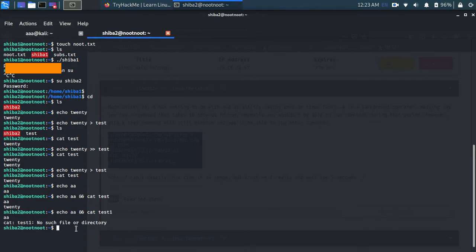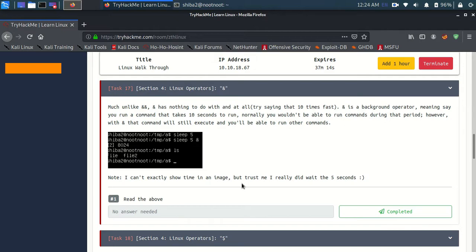But if I do an error in the first one, and now if I run a second command, then it won't run the second command even though it's right. It's because this command works like: when the first command runs, then it will run the second command, because the second command could use some results which came from the first command. So that's it. For the single AND, it just takes the operation to background.